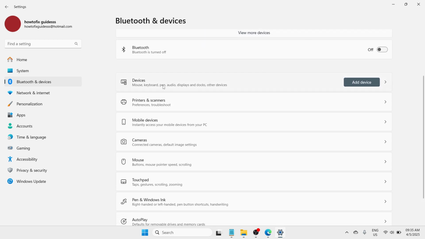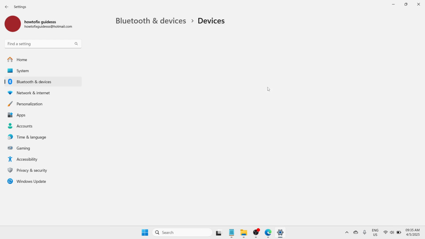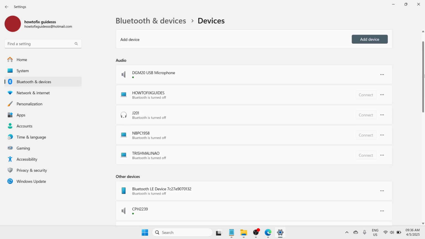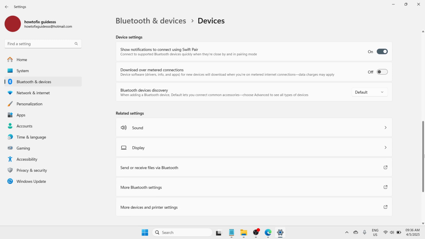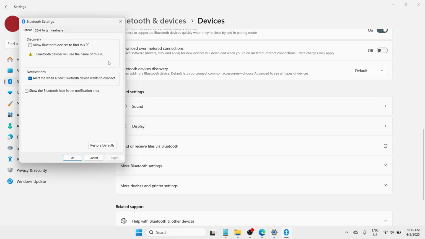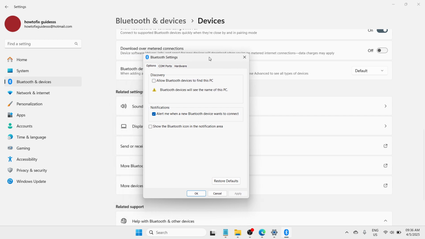and look for devices which contains mouse, keyboard, pen, audio, displays, and other devices. So tap on it. And the moment you have tapped on it, you can see a list of the options. But here you need to look for more Bluetooth settings next to send or receive files via Bluetooth. So click on this arrow icon, and the moment you have clicked on it, you will be able to open